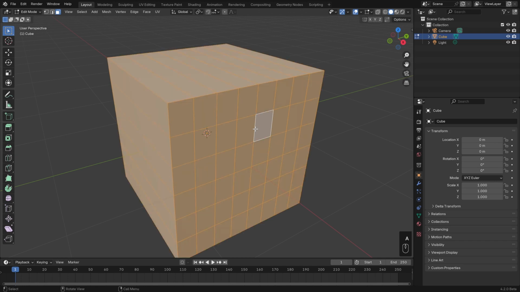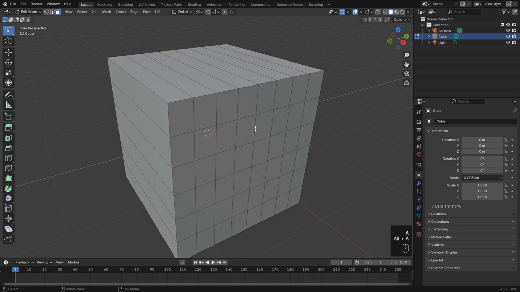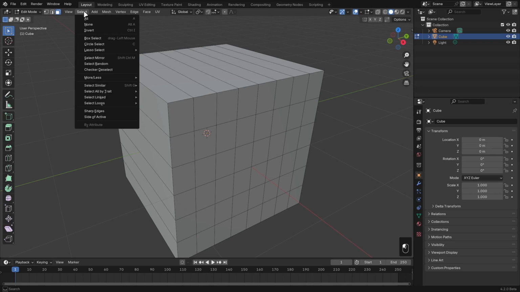Okay, and we already talked about selecting everything and deselecting everything, but just as a reminder, that is A and Alt A. Also in the Blender Basics, we talked about the tools up in the toolbar. We have the tweak, select box, select circle, and select lasso, though we can also get to all of these via hotkeys or from the menu. So we could go to select and choose box, circle, or lasso select,